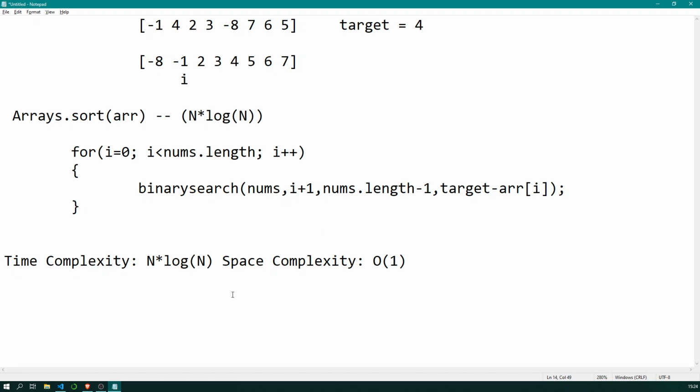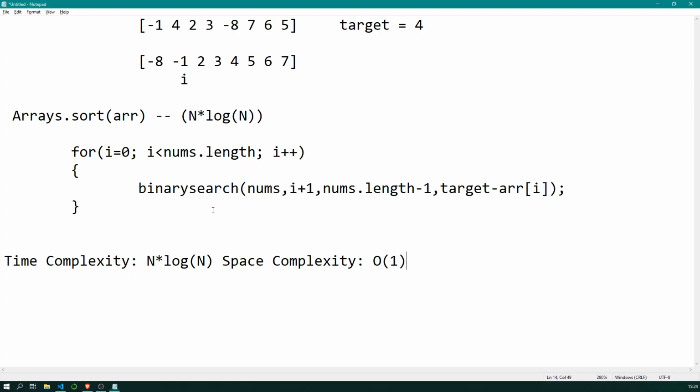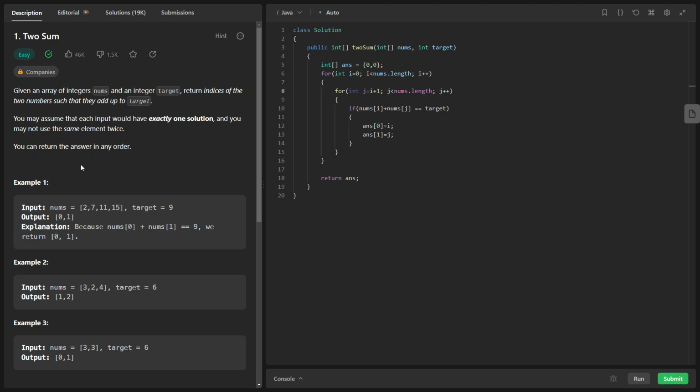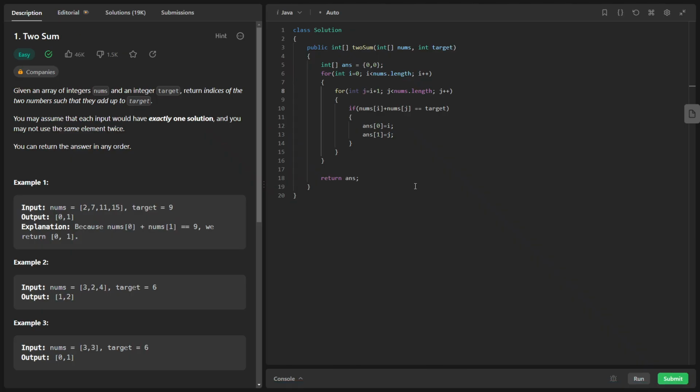However, we cannot use this approach on our LeetCode question. This is because when we are sorting the array, the elements are getting rearranged, so the indices we would get after finding our desired pair will not be the same as they were previously. Sorting changes the elements inside the array. So I have just discussed the idea, but we will not be implementing it, because it will not be accepted on LeetCode.